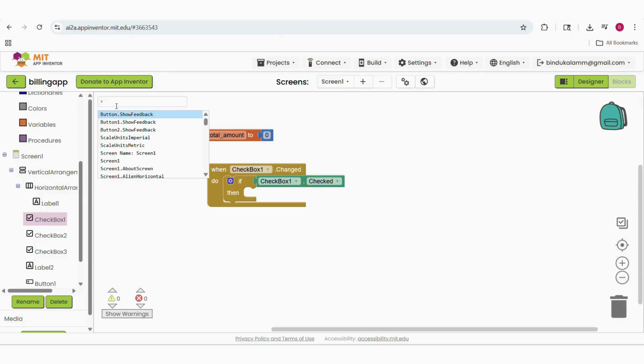Then set global variable to sum of two numbers block from math logic and add it to if block.